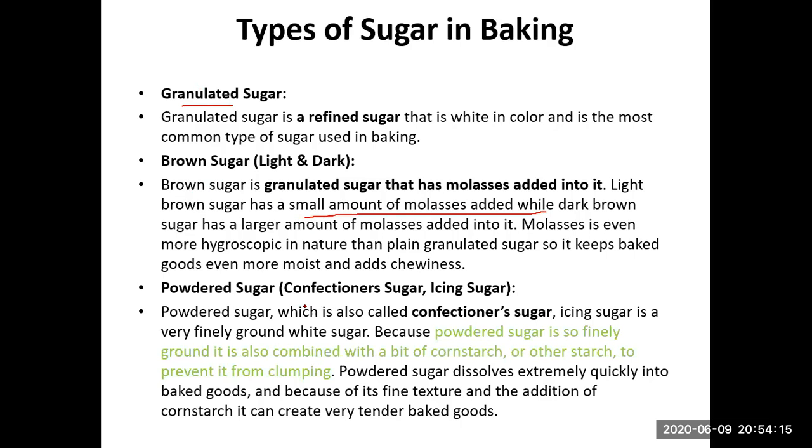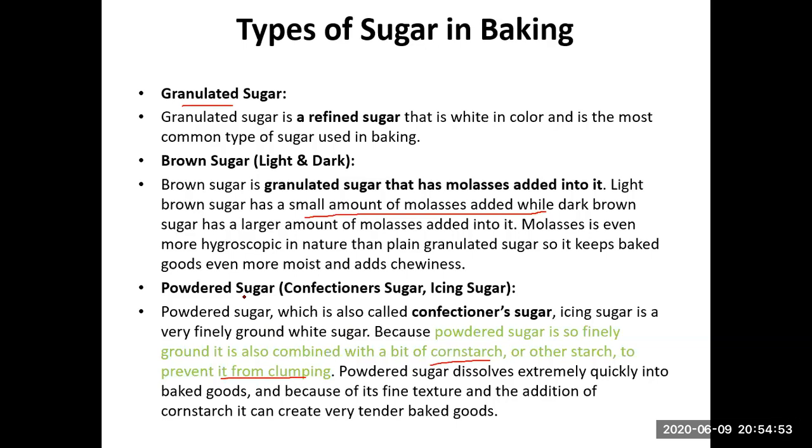There is another thing added there, that is cornstarch. This cornstarch is added to the powdered sugar so that it does not form any clump, because we know sugar is hygroscopic in nature. As it is hygroscopic, whenever you keep it for a long time, it absorbs moisture and forms clumps. And as it is a finest form, it absorbs more moisture. So some cornstarch is added to the powdered sugar, and if you check it at home, you will see that it is more flaky and does not form any type of clump.